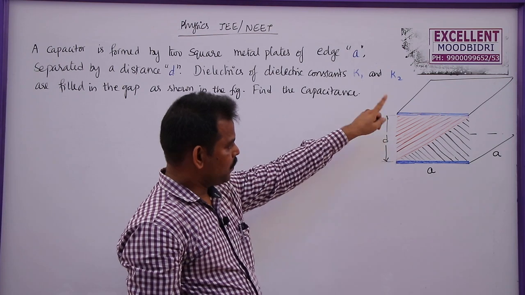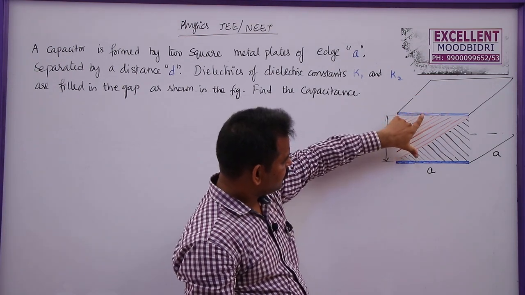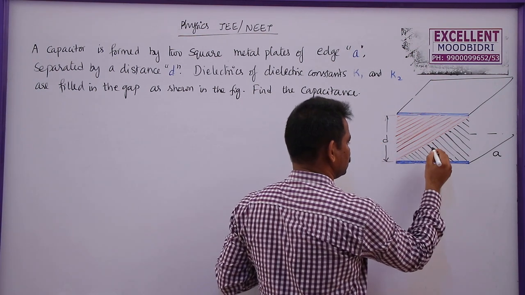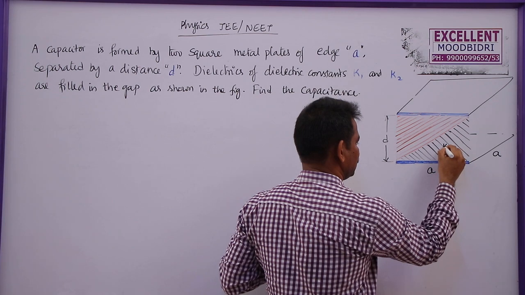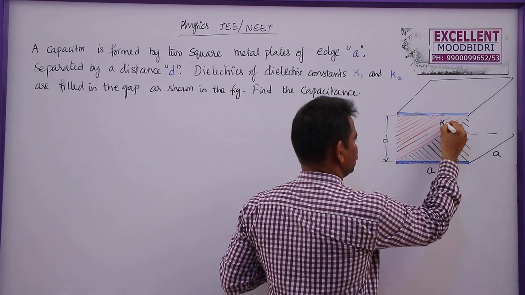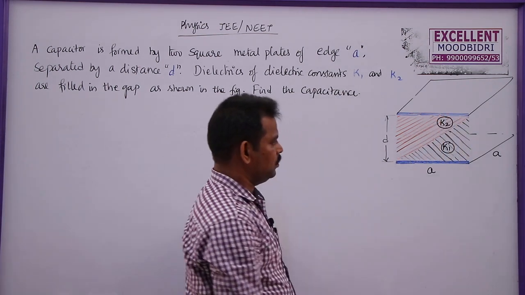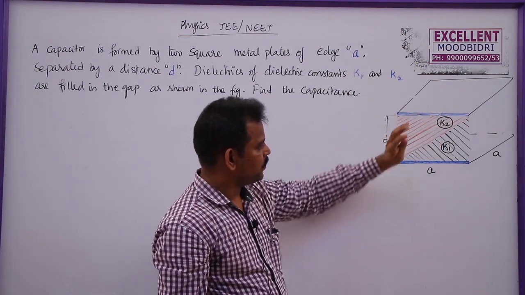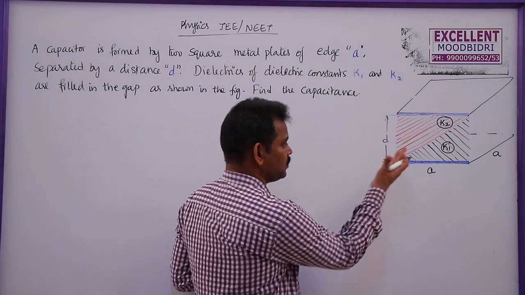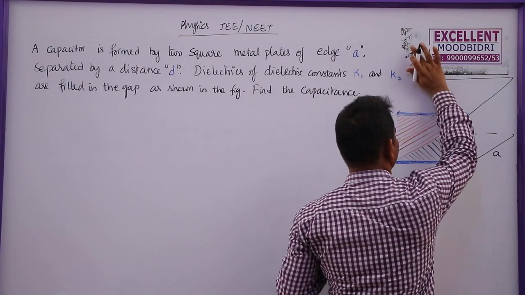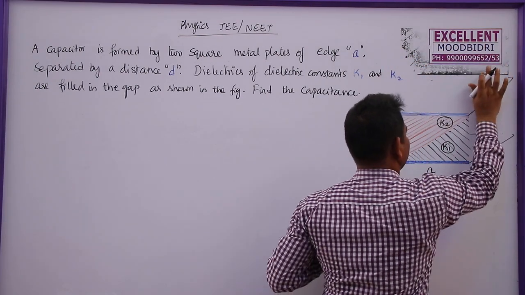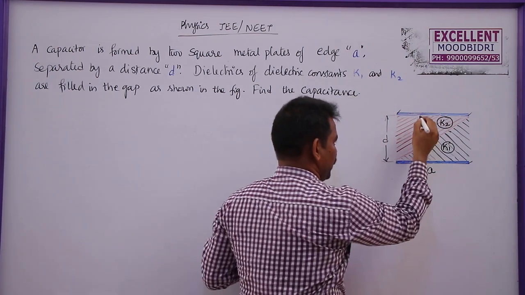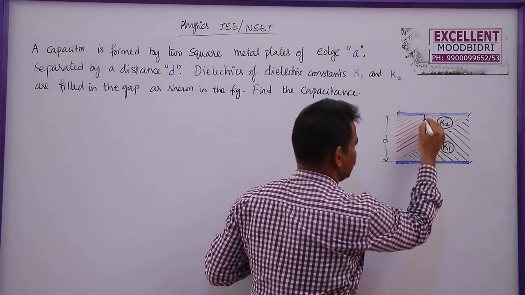Now these are the two capacitor plates separated by some gap. The distance between the two plates is d and the space is filled with dielectrics. Let me take this as K1 and this as K2. So the space is filled with two dielectrics, not parallel to each other, but separated like this. Now what is the capacitance of this one? I am not going to take this view here, it is not required. I need only the side view of this one. I am going to consider a small strip here.